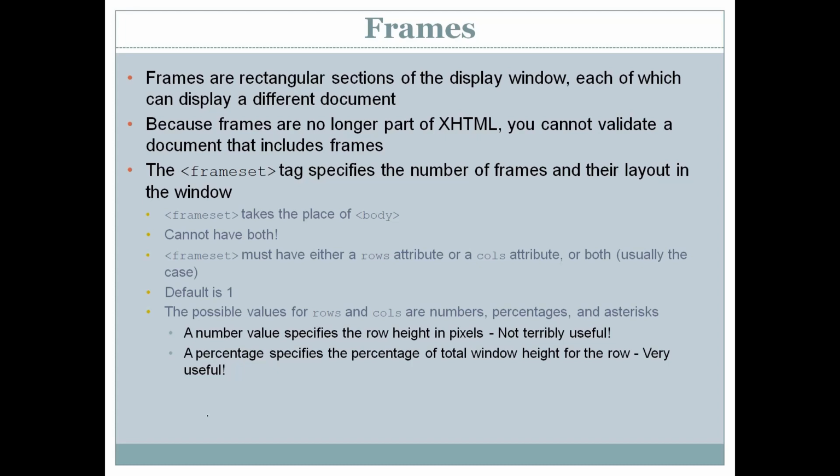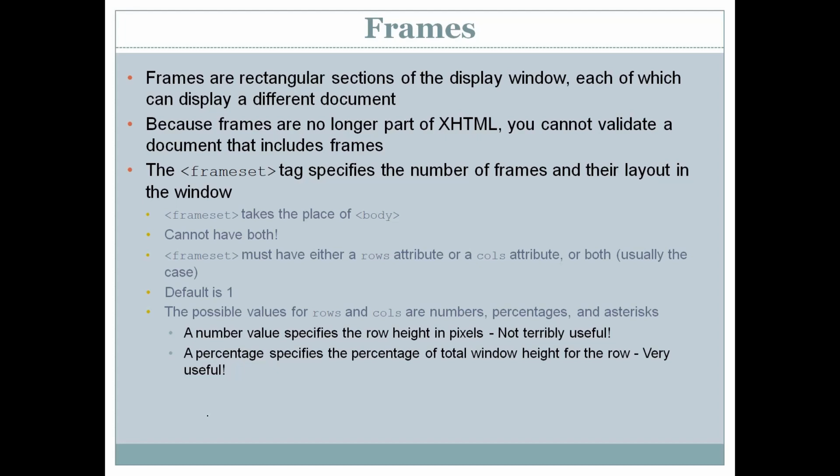Whenever you want to display multiple documents in a single window, generally a single HTML file is displayed in a single browser window. But it is possible to display multiple HTML files or documents in a single window by creating separate sections in that window, and these sections can be created by using what are called frames.